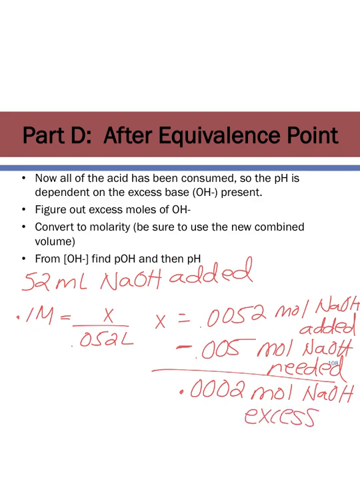We also could have done that using a reaction and stoichiometry and treating the HCl as the limiting reactant. Okay, so we figured out our excess moles. Now we need to convert that into molarity. So we know my OH concentration